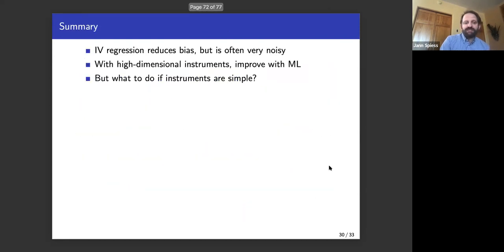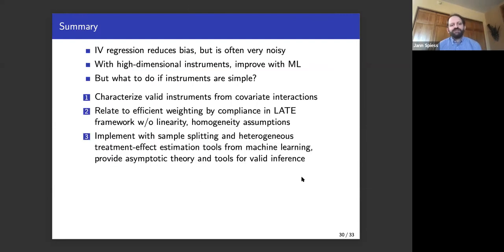So let me now summarize and conclude. The starting point of my talk today was that IV regression usually reduces bias, but it's often very noisy. With high-dimensional instruments in the first stage, we could improve that by using machine learning to solve the implicit prediction problem that is behind IV. But in many cases, the instruments we use may actually be very simple, for example, may only be binary. And I asked today whether we still can use machine learning tools for high-dimensional prediction in order to improve inference in this case. And I started by characterizing valid instruments that we obtained from covariate interactions,